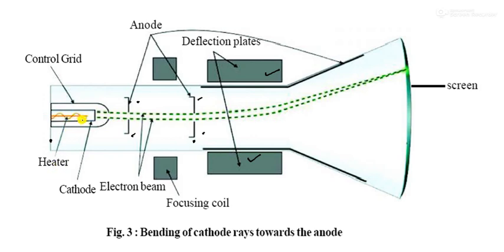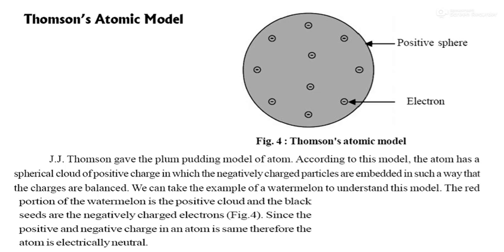It is heated, and after heating it emits electrons, and they move fast towards the screen. That is zinc sulfide, ZnS. Whenever the electrons collide with it, brightness shows. So the electron beam goes from the cathode, and the focus coil focuses it at one point. So that is the deflection of cathode rays. That is the experiment: the bending of cathode rays toward the anode. They bend toward the anode. Now come to the next one.